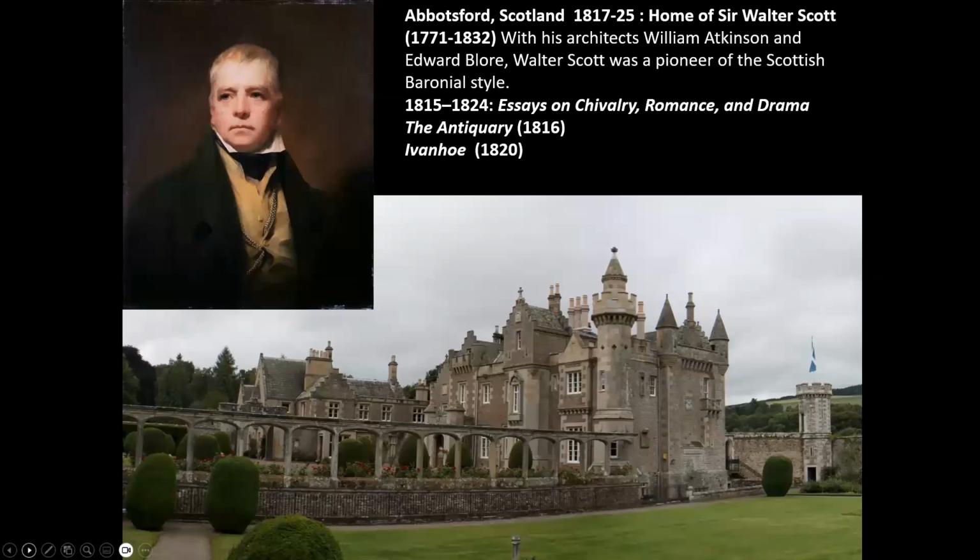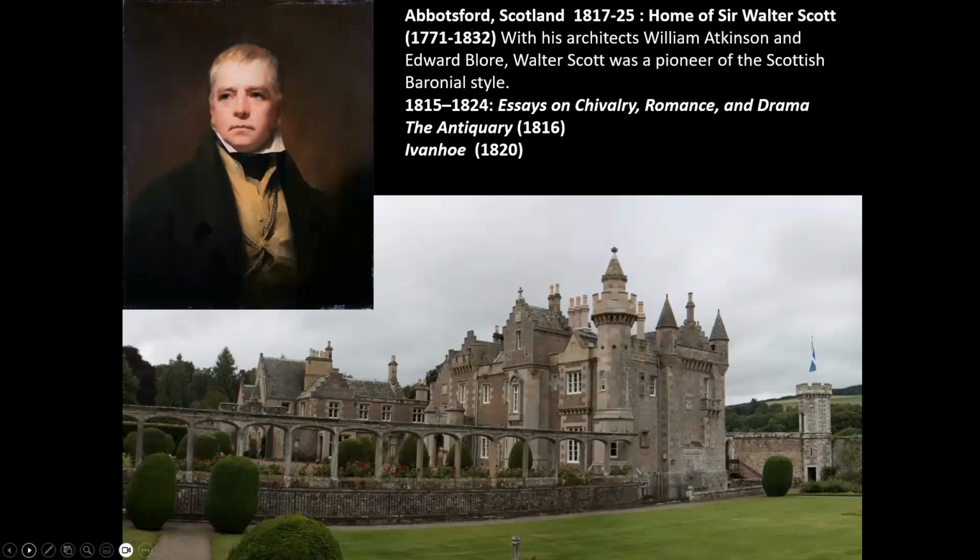This is his baronial Scottish home, Abbotsford. It was built between 1817 and 1825, and our castle building definitely seems to gel with the Napoleonic period and the era immediately after the war. Perhaps some of these castles can be seen as a form of celebration, or just simply this idea of cementing